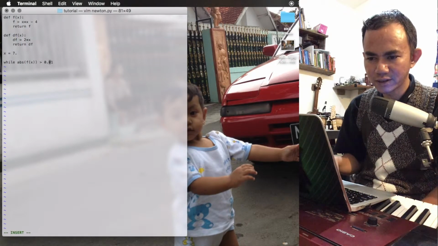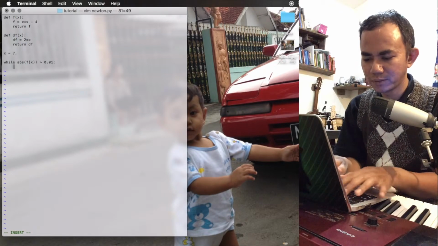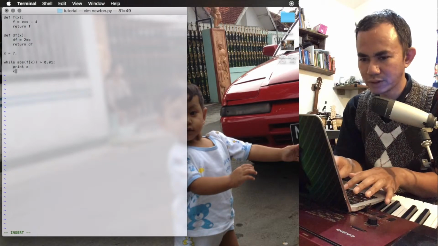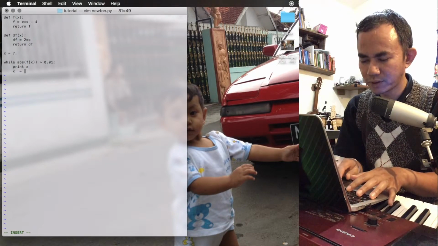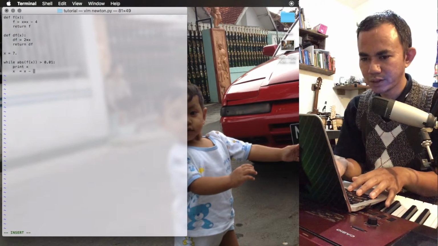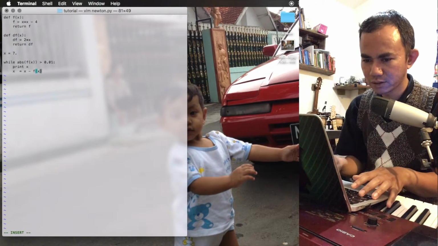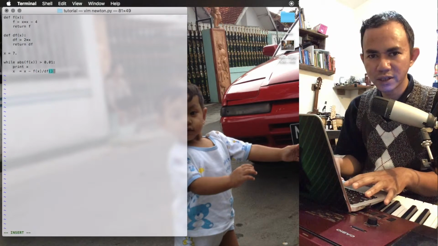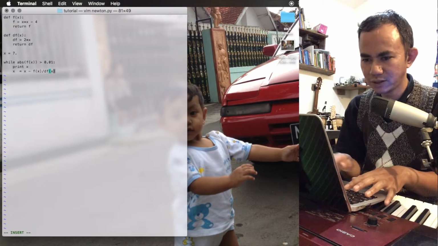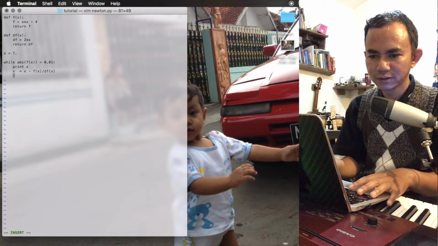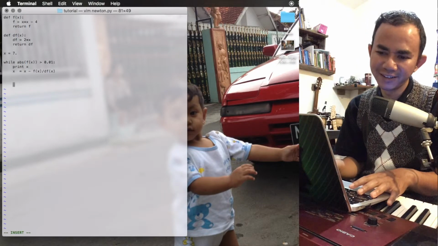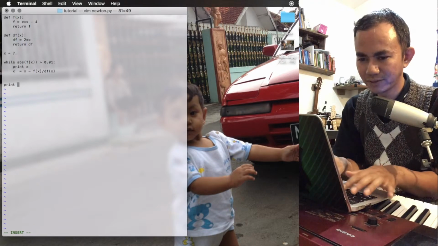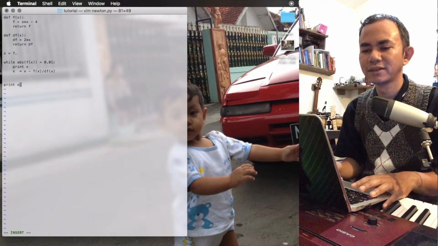If it's greater than this, then we'll print the x value, and we need the new x value. The new x value is the old x minus f(x) divided by df, the first derivative of f(x), just like that. And then we print the final value of x.